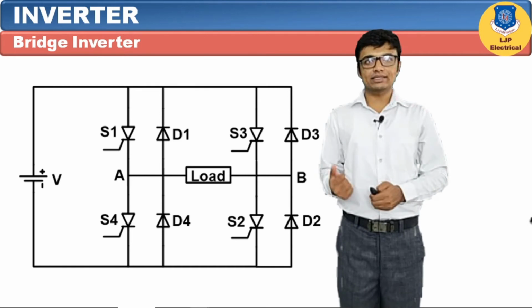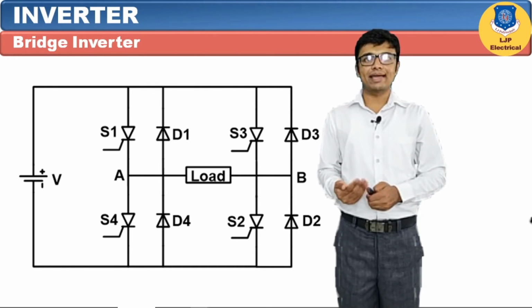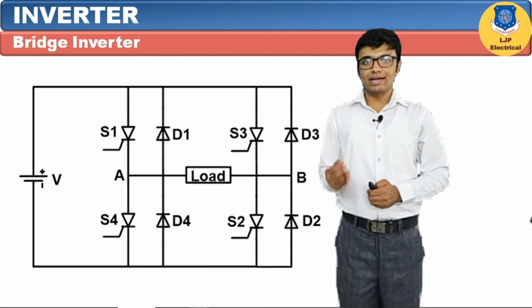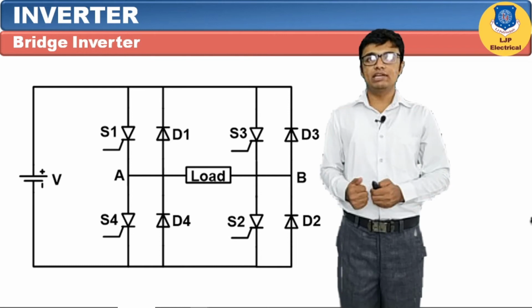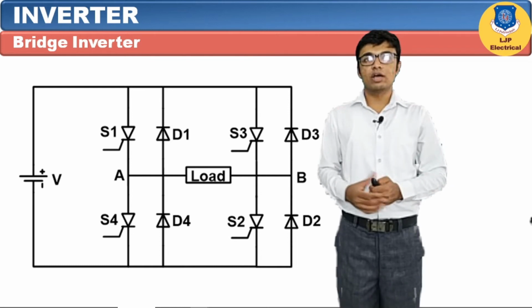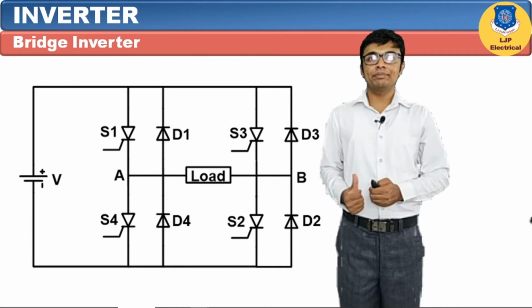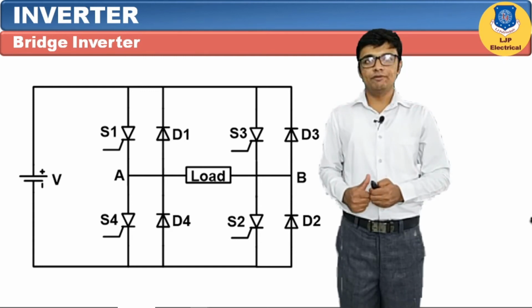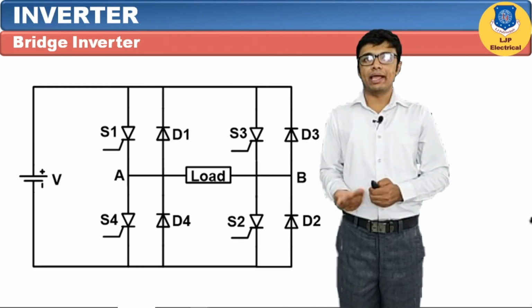At the same time this inductor is going to store energy inside. Hence we have to dissipate the energy such that this inductor is going to dissipate through diode D3 and diode D4. Hence the current will flow from the load to B to D3 to the positive, negative, and diode D4 and come back to the load. Hence when the load dissipates, the output of the SCR, it will charge the supply.